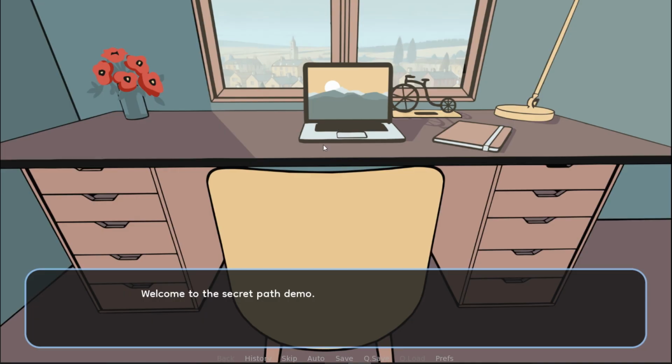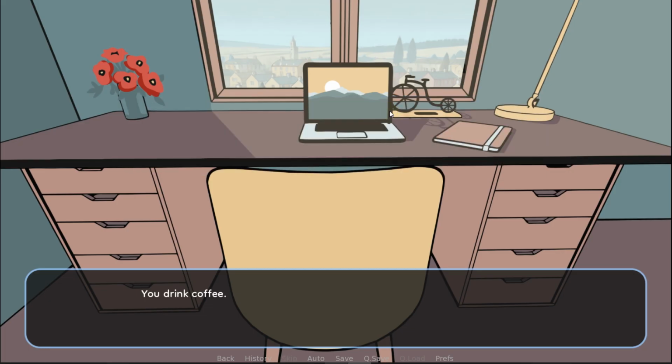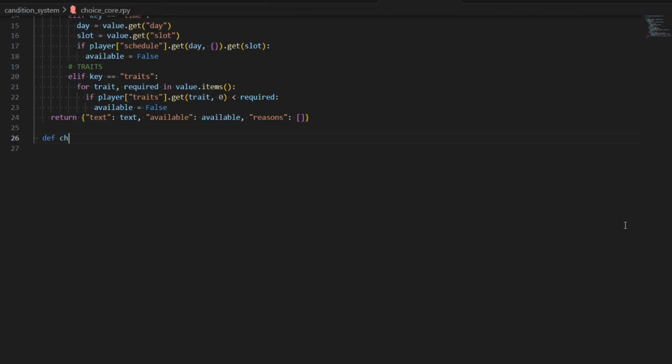This opens a whole lot of doors. But first, let's see our custom menu. As you can see, when we play the game, we get the choices we just created, looking indistinguishable from regular Ren'Py choices. To make any hidden path, we need a variable that holds the information if this path is unlocked